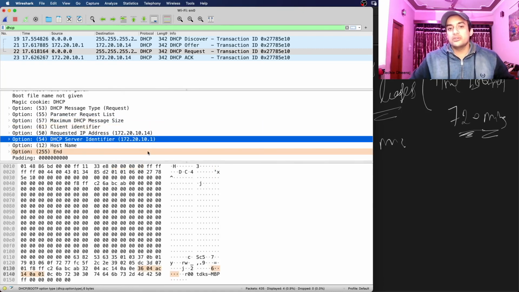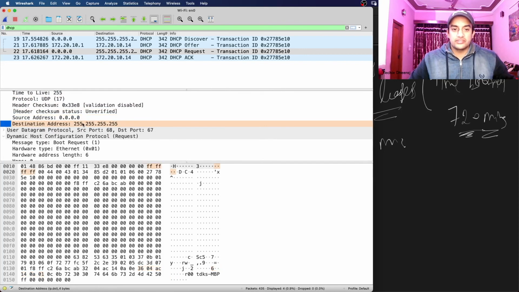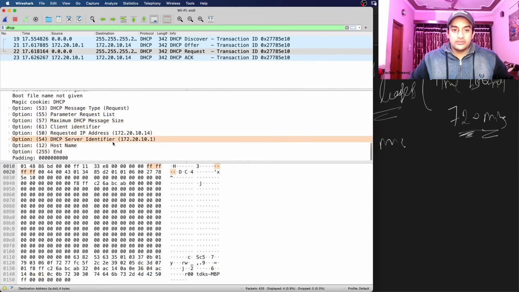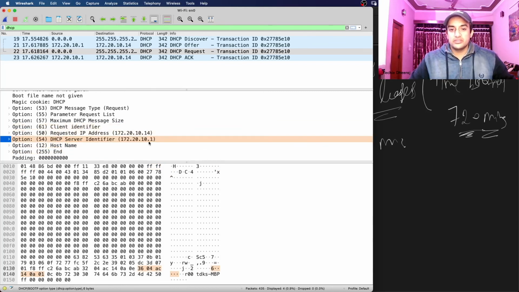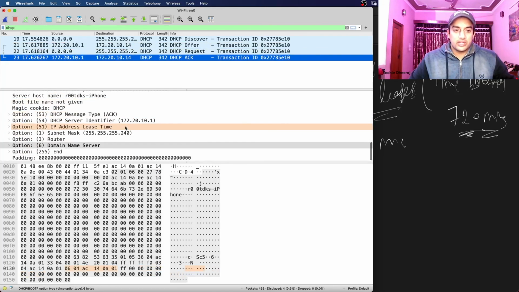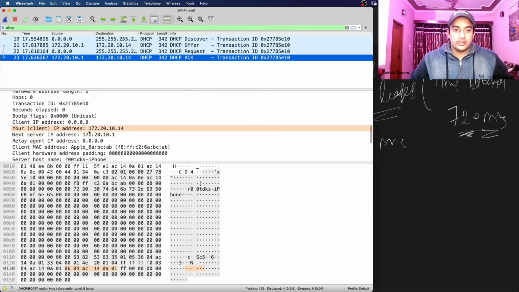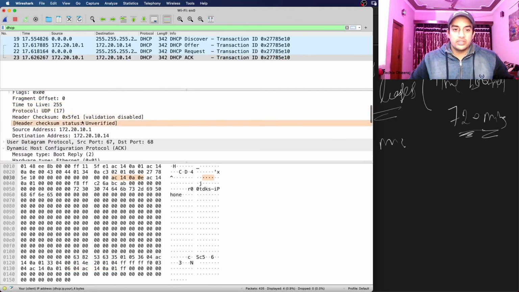This is the field by which they identify the server, because in the IPv4 packet we are not mentioning a destination address. This is also broadcast, but this field is set. If there are many DHCP servers on the network, this will be received by this particular server only, because we are setting the server identifier. Then eventually it will go to the DHCP ACK, and the server will respond. The server will acknowledge the IP address, your client IP address, and it eventually will be given to that interface.